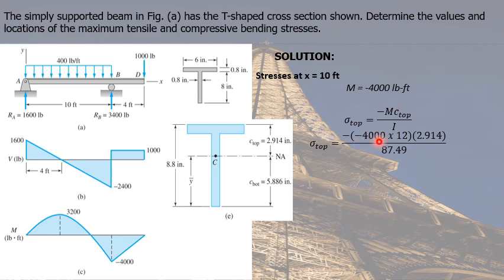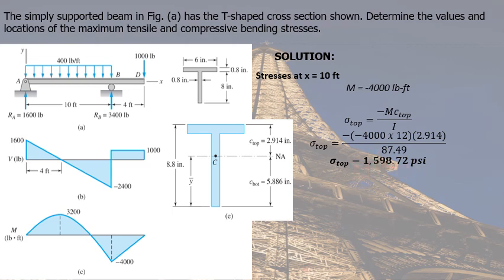Substituting our values, we have negative. Our m is negative 4,000 times 12. Times 12 because we convert feet into inch to be consistent with our units. Our C top is 2.914 inches. Our I is 87.49 inches raised to the fourth power. Therefore, our bending stress at the top of the cross-section is equal to positive 1,598.72 psi. We have a positive or tensile stress,